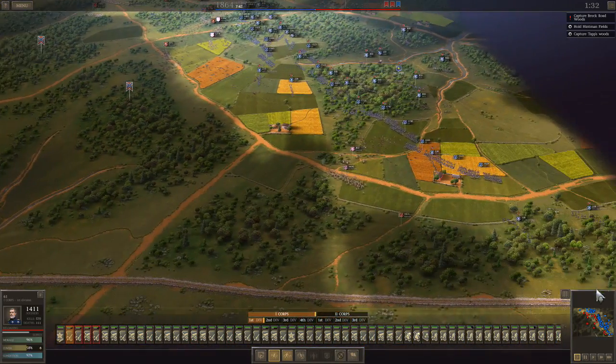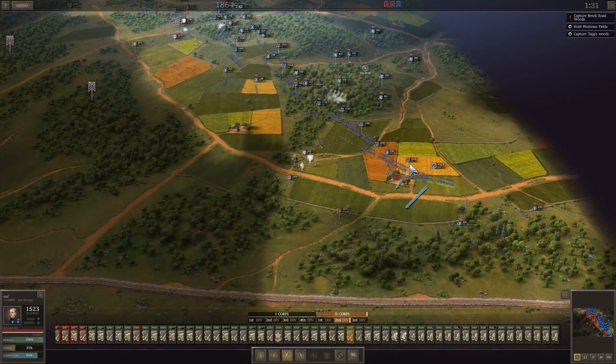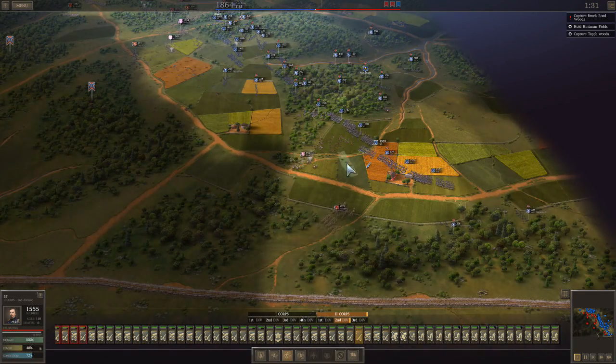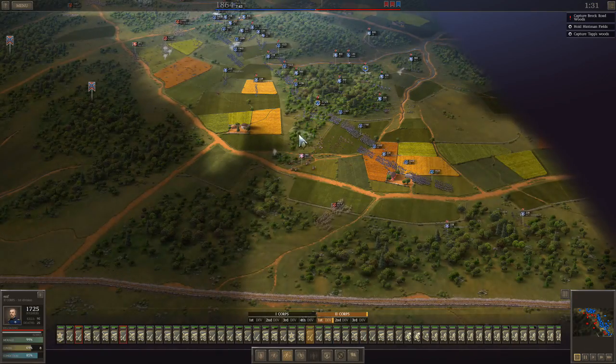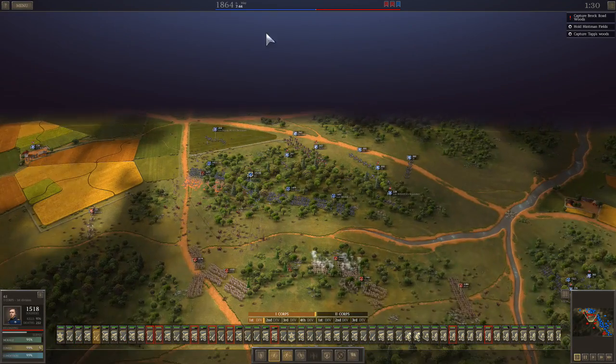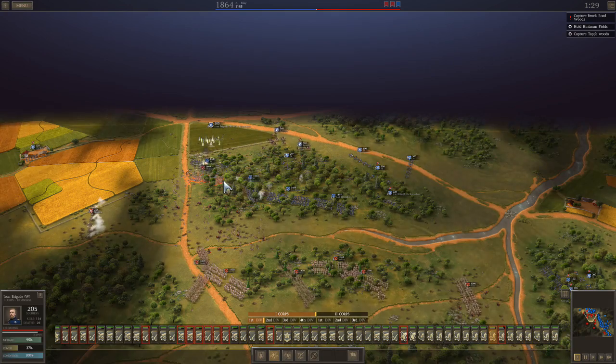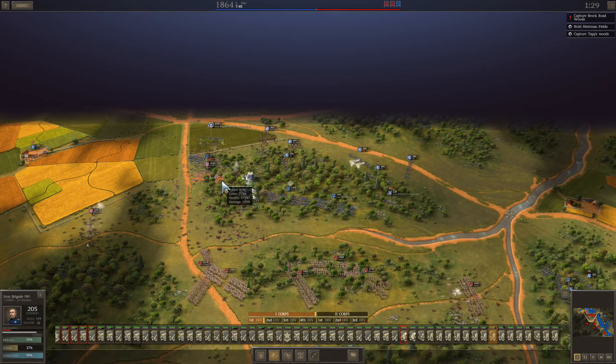Yeah, that's perfect in 3rd Division. 4th Division, however, is doing absolutely nothing, and I'm not happy with that. Yeah, his units on his right completely collapse, so I just go ahead and send 2nd Corps forward. 2nd Corps will have lots of infantry and artillery and be able to just roll right over top of this